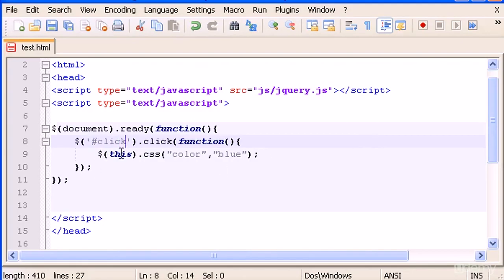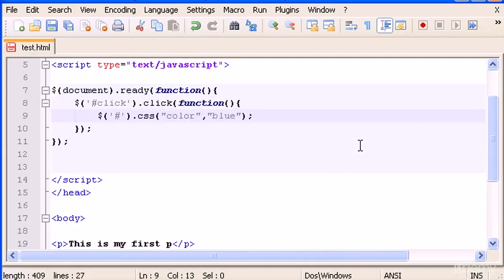Whenever we click the button, we will append something in P. So let's type here P, and let's take out the CSS. So P append,